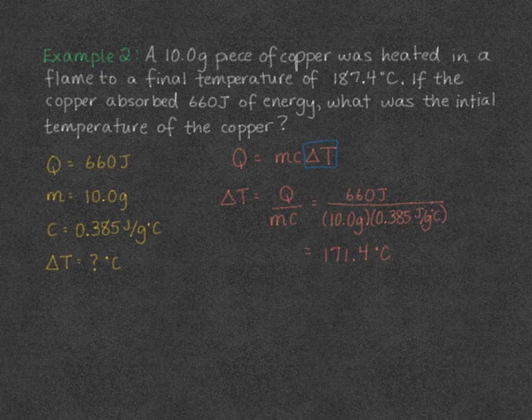Our next step is going to be to equal our final temperature minus our change. Swapped places for our initial and change, in 87.4 degrees Celsius minus 171.4 degrees Celsius, and that gives us